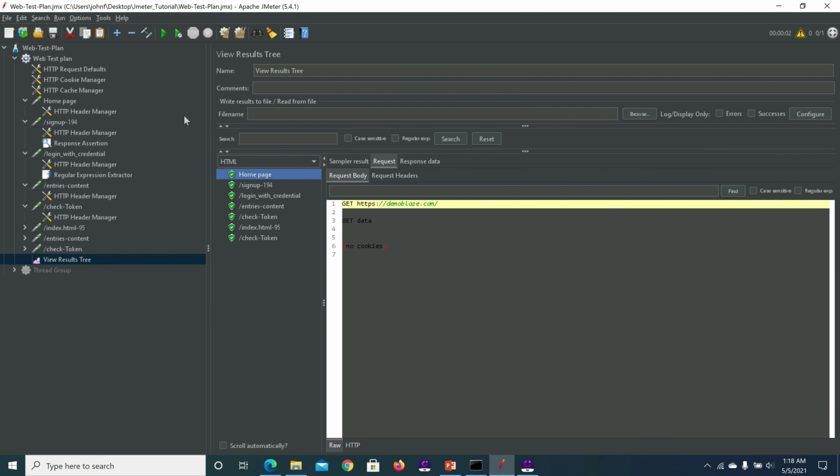So far in this session, we have seen how to create one web test plan. For a few requests, we have created assertion and regular expression extractor and results tree, creating a variable for the response received from the server. This is what we have seen here. Please do hands-on in parallel so that you will gain more knowledge in JMeter.